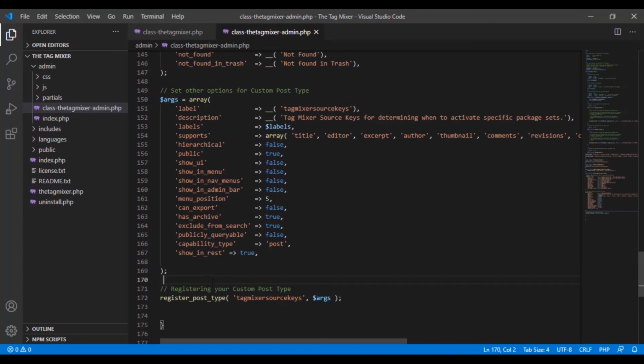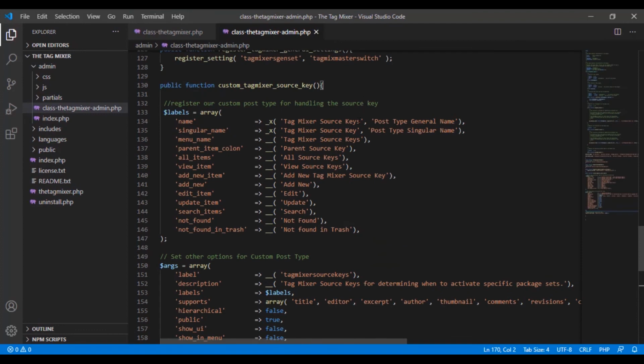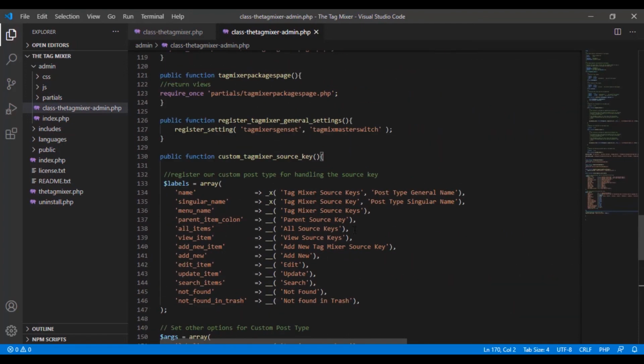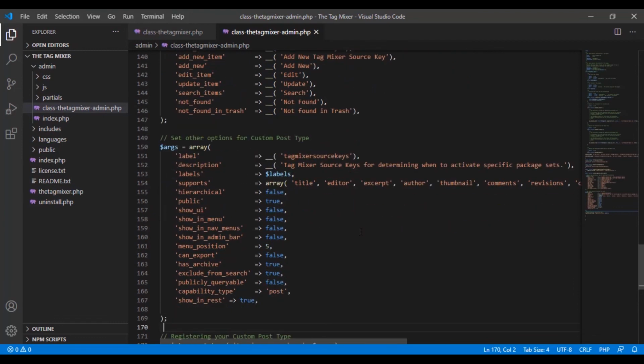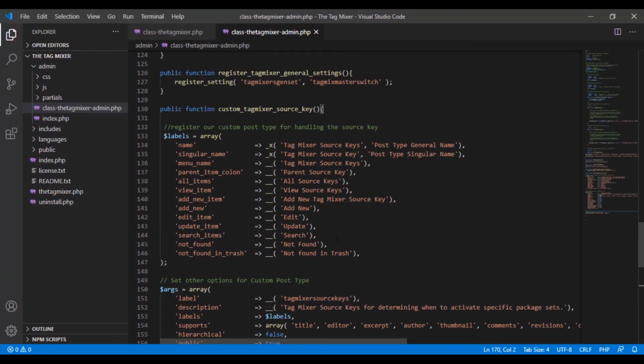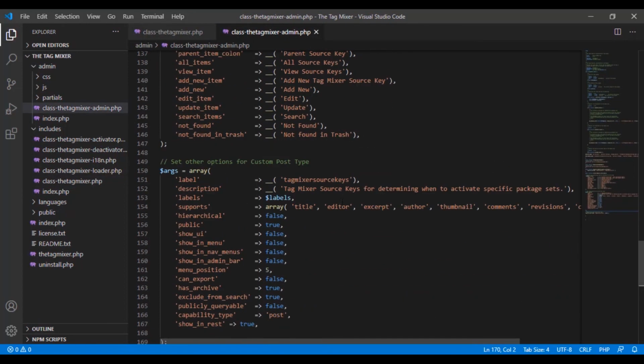Okay, so at this point, we've already created a custom post type now for the source keys items that we're going to use to know if we want to activate something based on incoming source. And like I said, I could have written all this by hand, absolutely. It seems like a total waste of time, and you guys will be able to just get it from the GitHub and reverse engineer it on your own. And then also there's so much documentation on this, but this really is the best way. It's really easy. All we did was add a new action under the initialization,